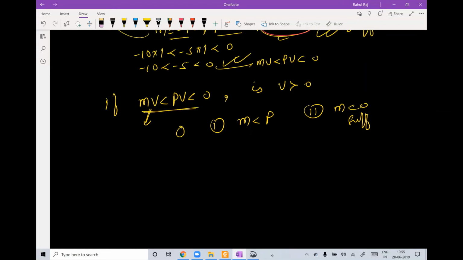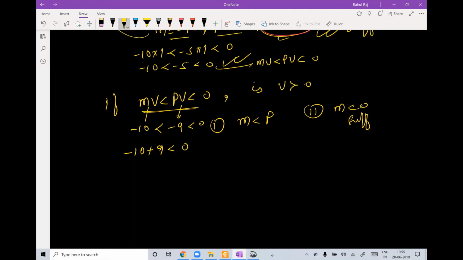Can I say that if this is minus 10, this has to be below minus 10, that is minus 9, right? Correct? Yes. Can I say this with minus 10? If 9 comes to this side, it will become plus 9. It should be less than 0, right?